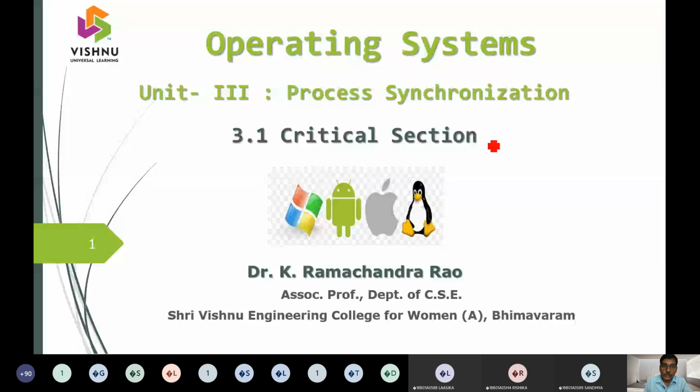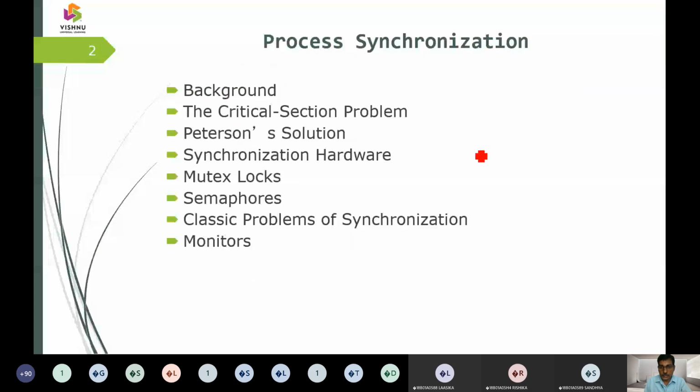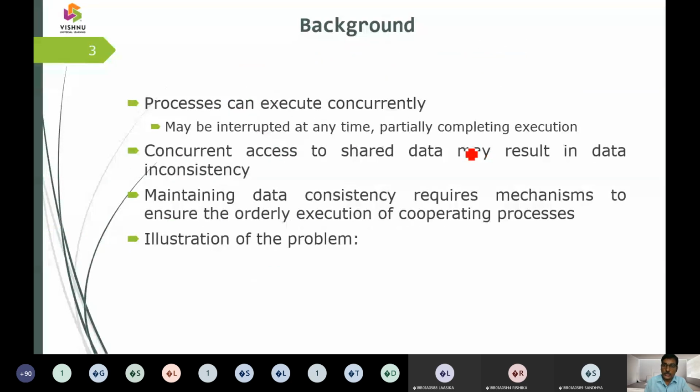Before we dig into the critical section, we need some background regarding process synchronization. The background is that there will be two or more processes executing simultaneously in parallel. Then we say it is concurrent at that event. Those concurrent events need to be synchronized when there is a shared variable. So I have a shared resource, and I am going to call that a shared variable.